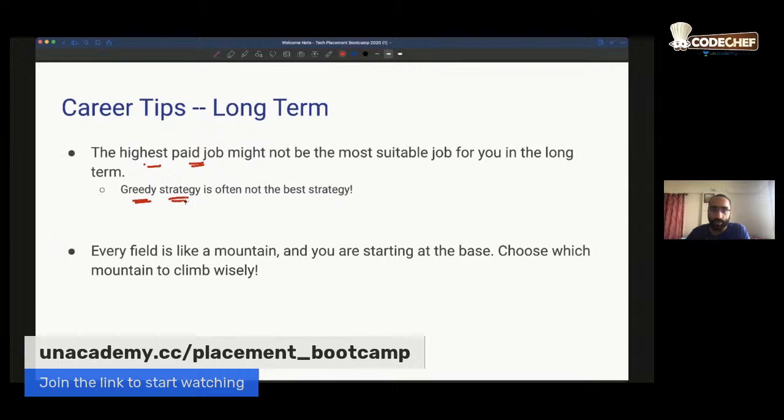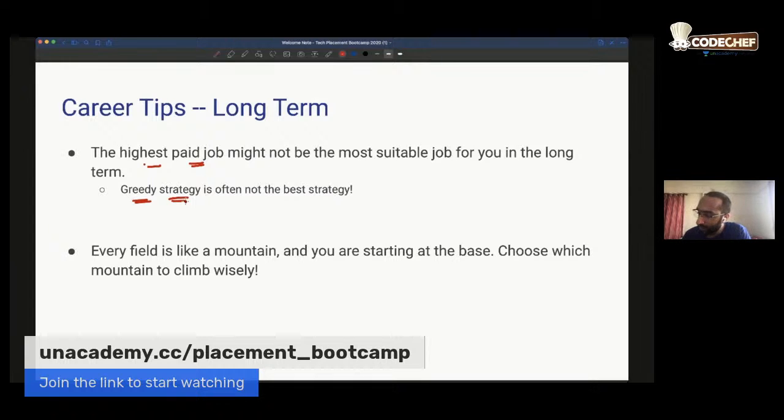In the short term, do try to ensure that you get to a point where your salary is good. How you define the word good can be very subjective to everybody, but beyond a certain point, I would say don't keep optimizing for just salary forever. In the long term, you also need to think about what kind of work motivates you, what kind of person you would like to be, who your idols are, and where you would want to be in the next few years. A lot of times it is taken as a stupid question, where would you like to see yourself in 5 or 10 years, but I think it is important to introspect and think about it yourself, because it would help you choose the right job or the right career path.